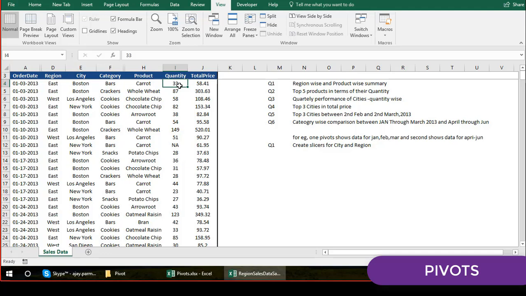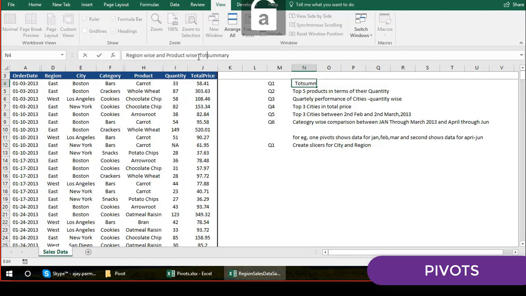Now guys, if somebody asks you, for example, your management wants to understand a region wise and product wise summary report, they need it. Okay, so basically they are saying that from every region they want to check what is the product summary. Product summary means product wise, I can say here the total revenue or the total price.